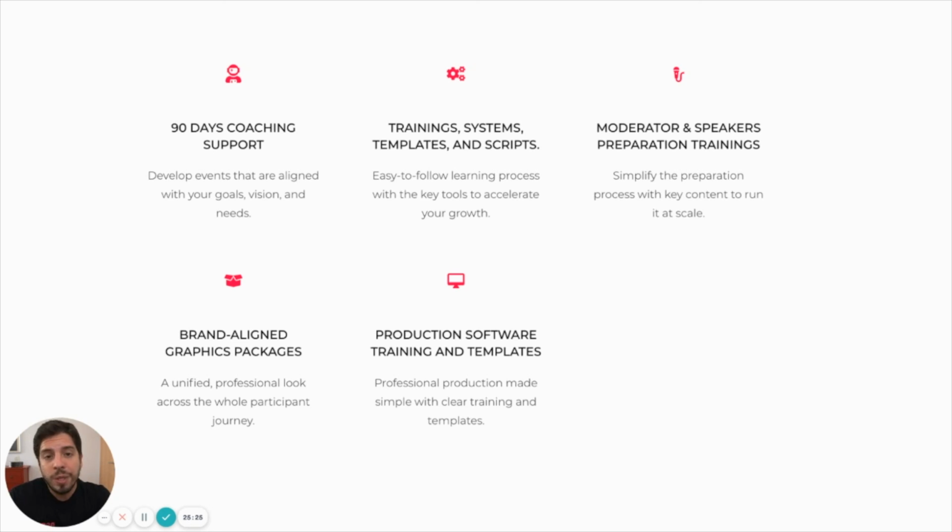From there, we have obviously the production software: how to use it, where you can get it, how it works, how to set it up, how to troubleshoot, how to make sure that everything is working, how to create templates, and how to automate a lot of that process to make it as simple as possible for you. And at the same time, what kind of equipment should you buy?